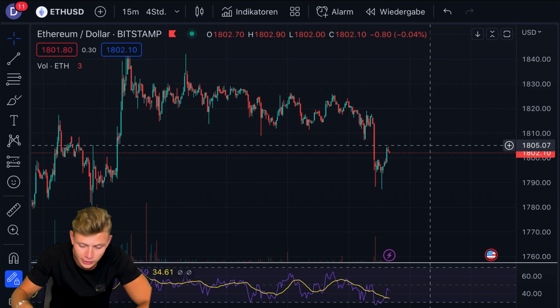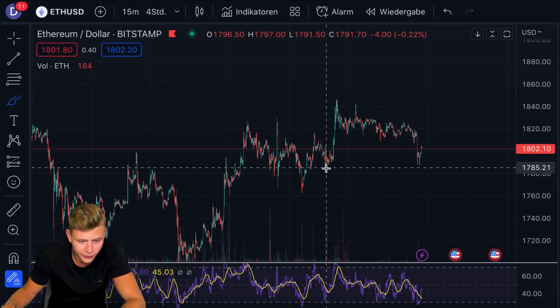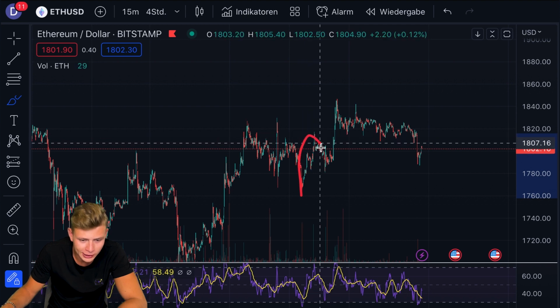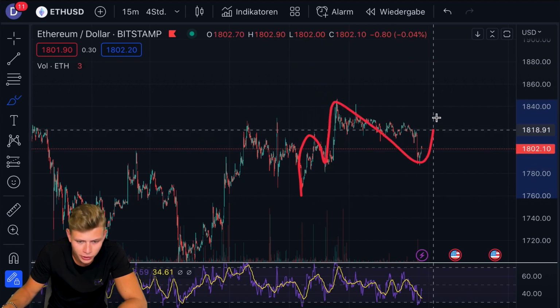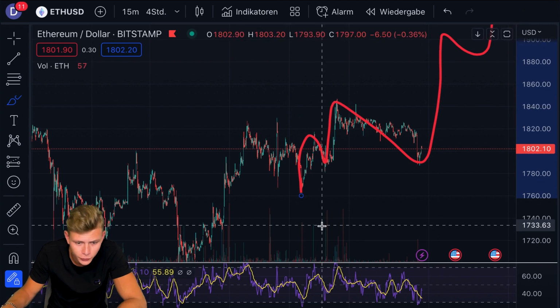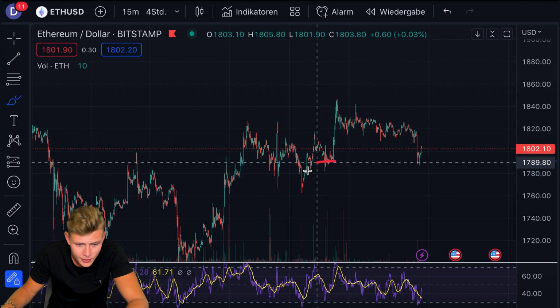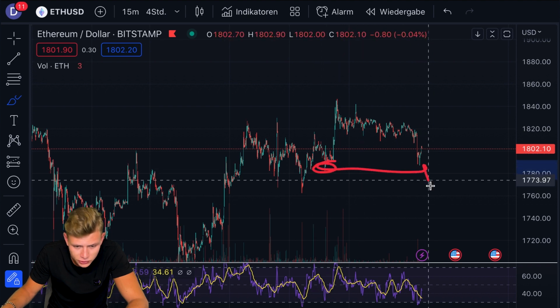So I want to tell you that already in advance, because we didn't break through this previous low, we can count it still as a 1-2, 1-2. If we're seeing now the third, fourth, fifth wave for this 1-2 setup, if we are breaking here towards the downside through this support level here,